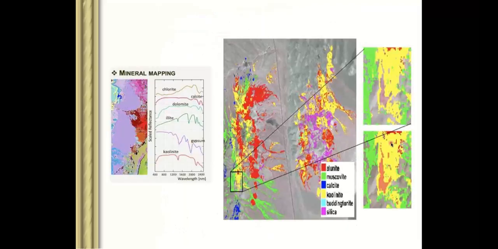So this is the mineral mapping. After doing all those continuum removal and band depth analysis, you can see that this is chlorite, this is calcite, this is dolomite. If you see the spectral curve of calcite and dolomite, it is very similar. You cannot very clearly separate it by eye. But if you see the band difference analysis that I showed you here, there is a difference. So you can easily differentiate calcite and dolomite by using continuum removal.